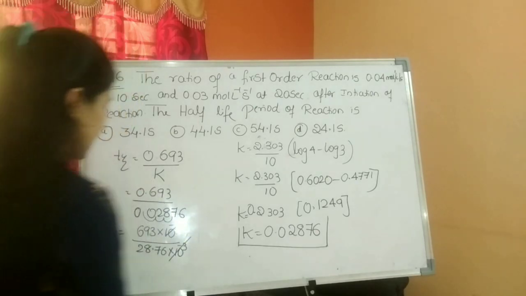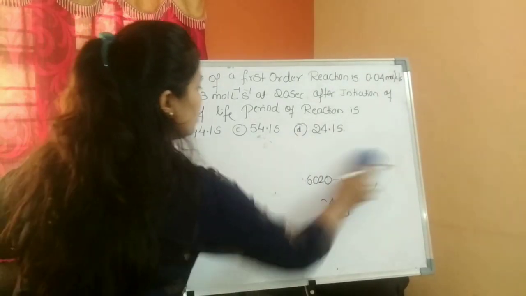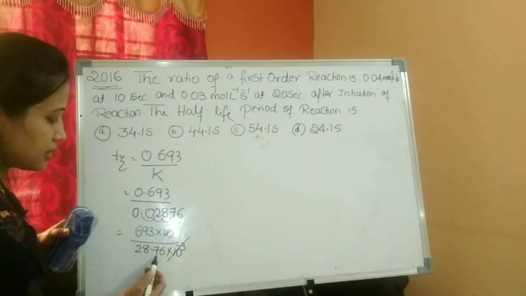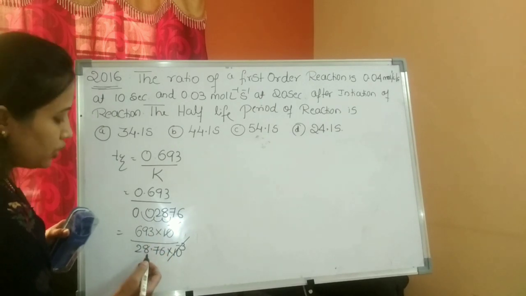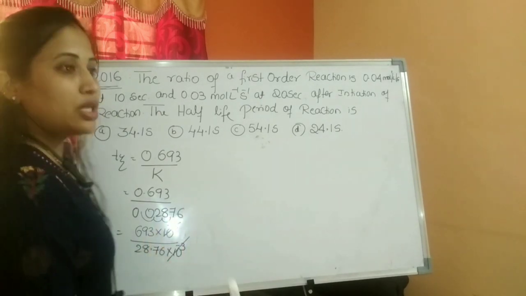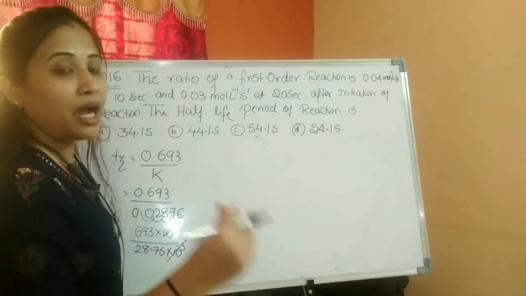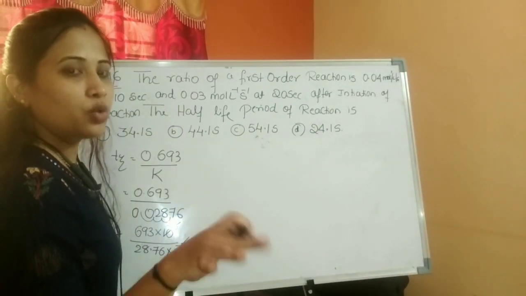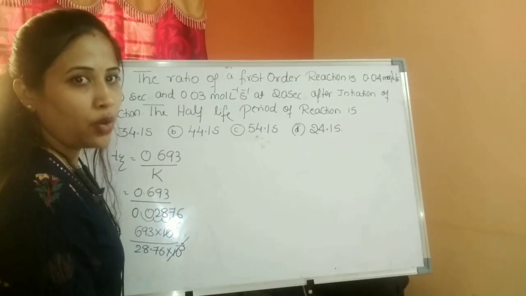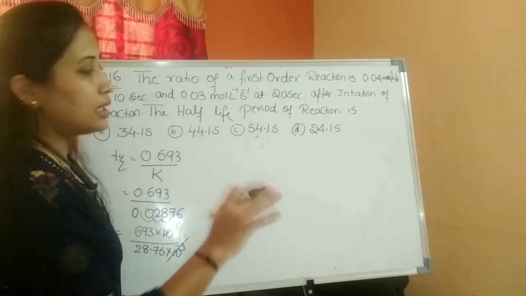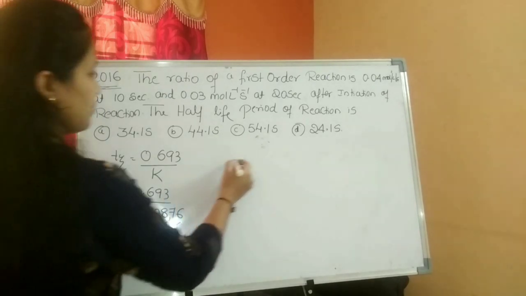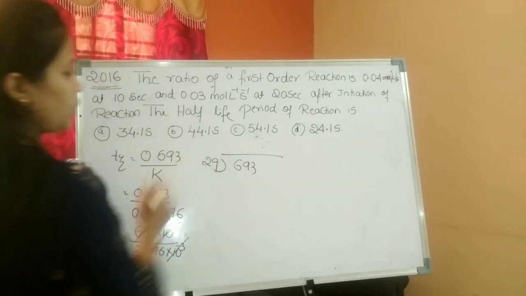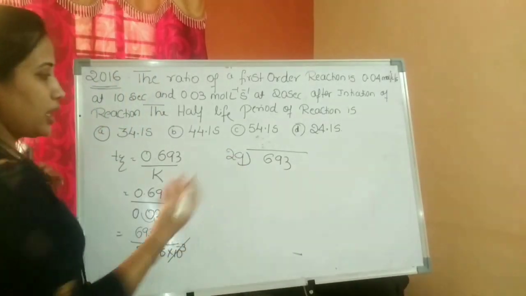So if I try to do the division over here, 28.6 here, for easy calculation I am going to round off to 29. I know students are not going to get a correct answer, but you will definitely get the answer nearer to the options. Nobody will tell you to show the answer you have got. We want the answer over here that is nearer. So 693, if I divide by 28.76 rounded off to 29. Yes, so now you can do it.